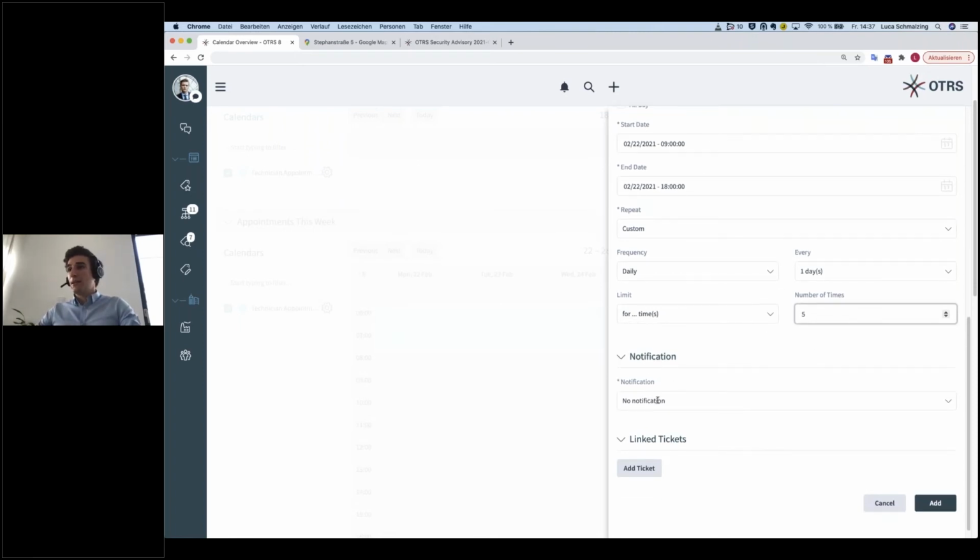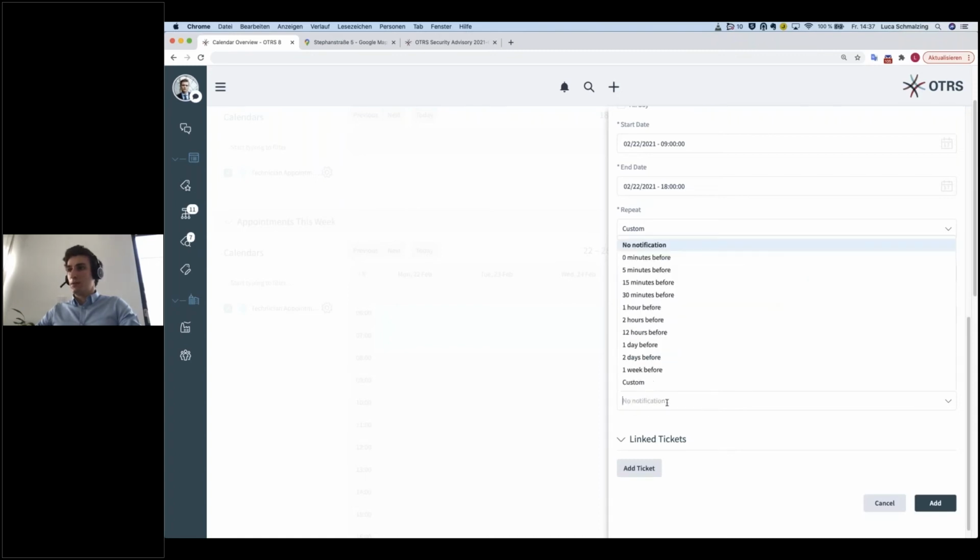As well, you can add, for example, the notification. So when you would like to be notified that there's an upcoming appointment, you can say, for example, 0 minutes before, so you will be reminded or notified when the appointment should take place, 5 minutes, 30 minutes, 1 hour, days before, a week before, and you can customize this as well,